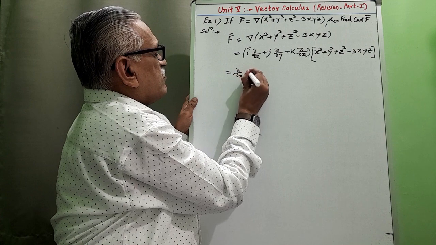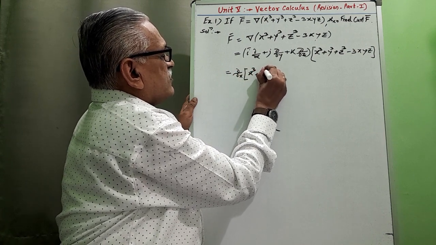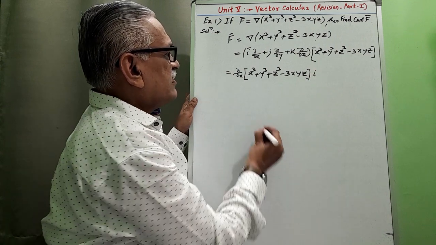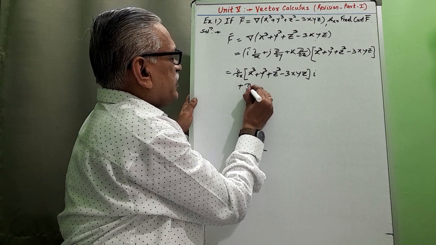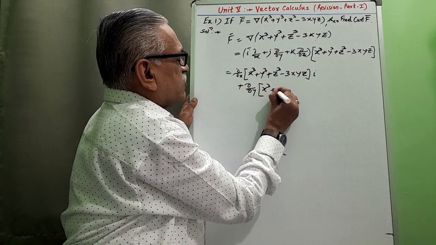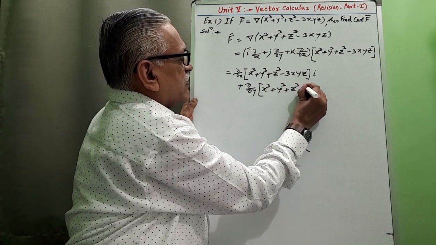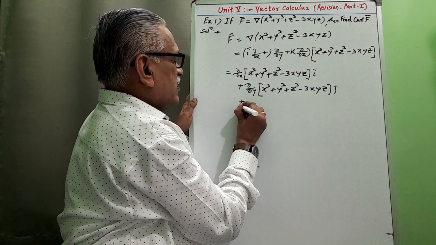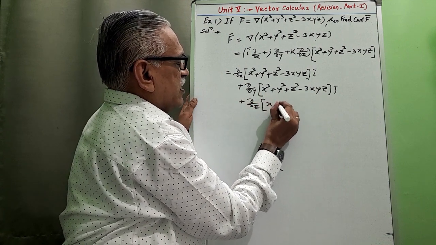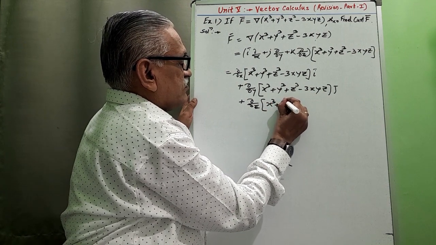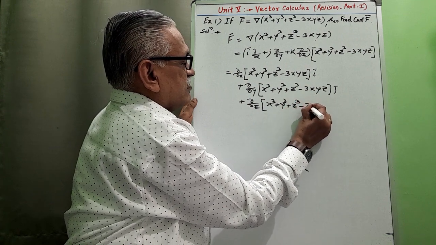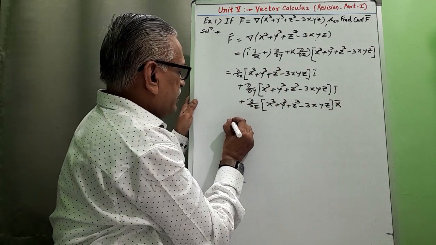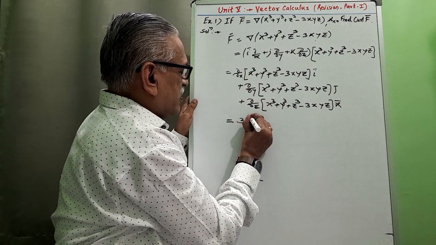dou by dou x of x cube plus y cube plus z cube minus 3xyz into i, then plus differentiating with respect to y that function x cube plus y cube plus z cube minus 3xyz into j, and plus differentiation with respect to z of x cube plus y cube plus z cube minus 3xyz into k,